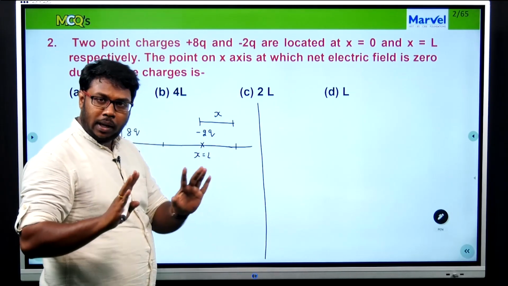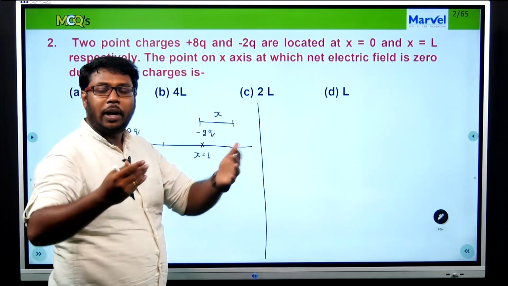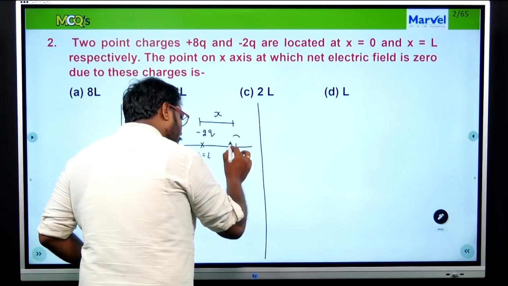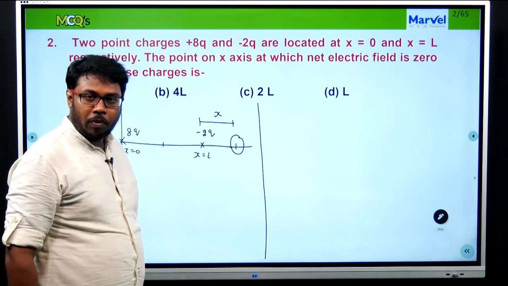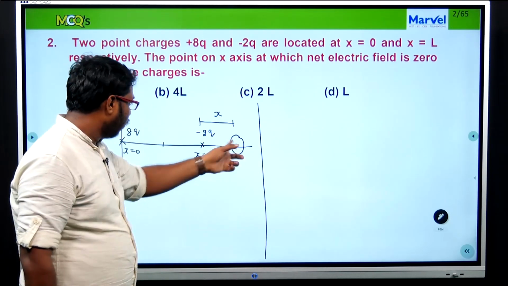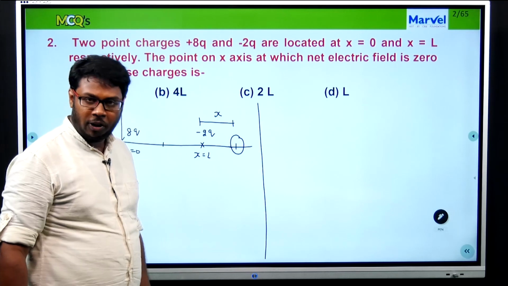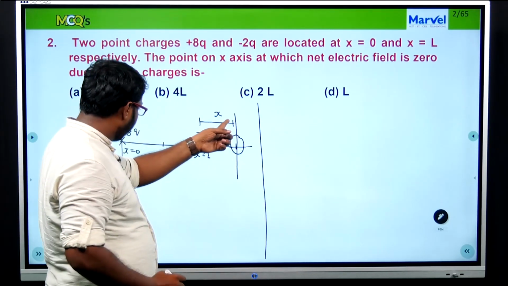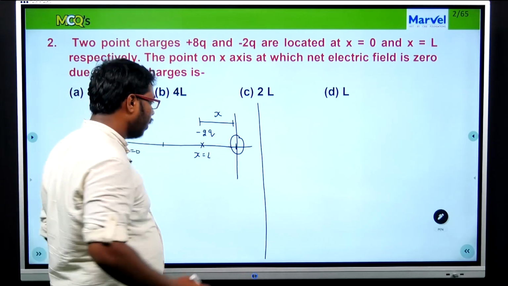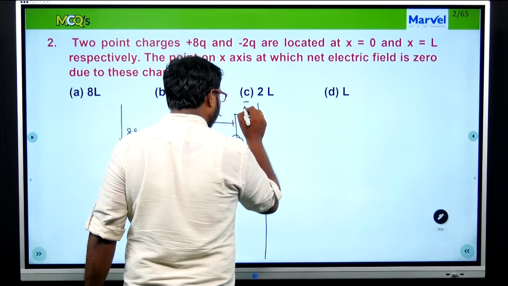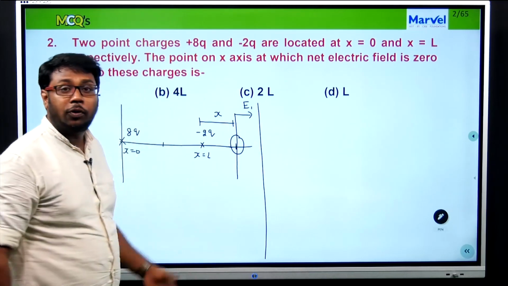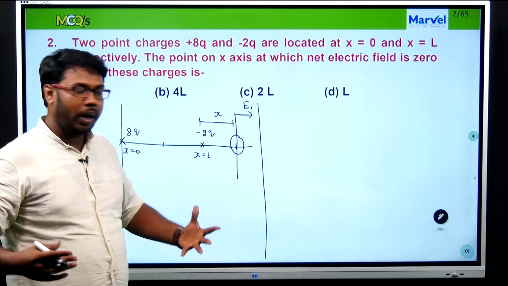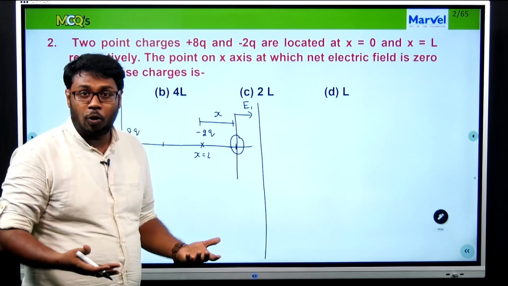Follow the basic technique that you have learned to find the net force at any point. First thing I will do is mark this up. Then I will ask myself a question. This is a test charge, definitely a positive one, so it will get repelled by this charge. So the electric field will point this way, because force and the electric field are in the same direction. That is the reason why I am dealing with this exactly like a force.